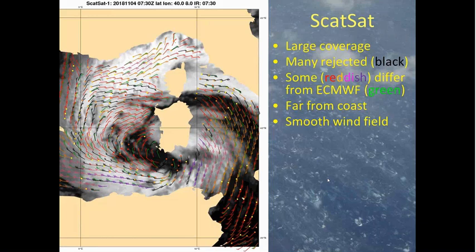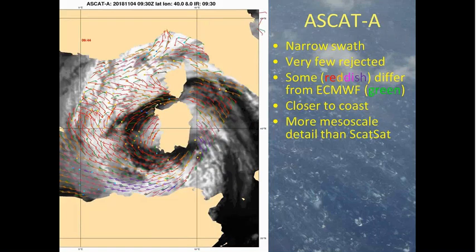We have to apply some special algorithm to get unique winds. And that makes the wind field look a bit smoother than the wind field from ASCAT. So this is the wind field from ASCAT. And the ASCAT winds show more detail. But the disadvantage is, you see on the left-hand side at the top and the right-hand side at the bottom, that there are no winds. And this has to do with the narrow swath of ASCAT on one side, which is only 550 kilometers. So you have now two 550 kilometer swaths instead of one 1800 kilometer swath.